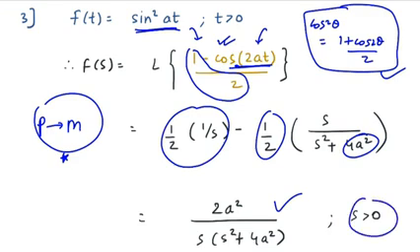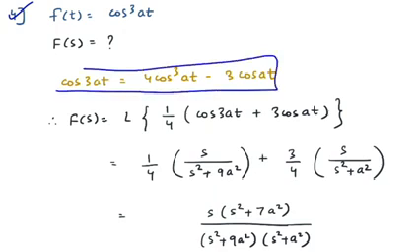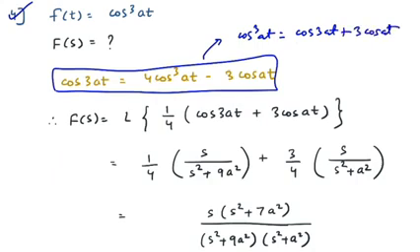In the previous question, we saw that the function was sine square at. Now the question is, what if I have cos cube at? Which relationship would you use? So there is this identity. If you have cos 3at, then it is equal to 4 cos cube at minus 3 cos at. Now you have to rearrange it to get the value of cos cube at. So cos cube at would be cos 3at plus 3 cos at upon 4.